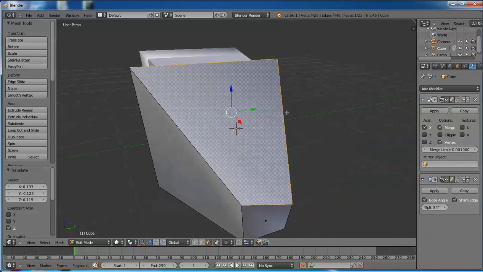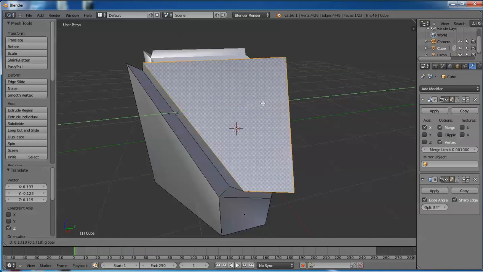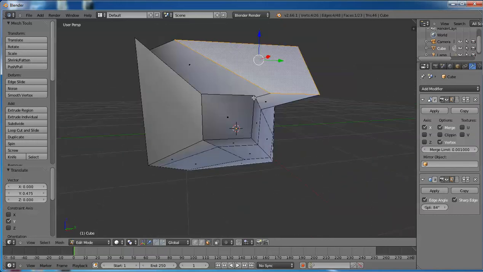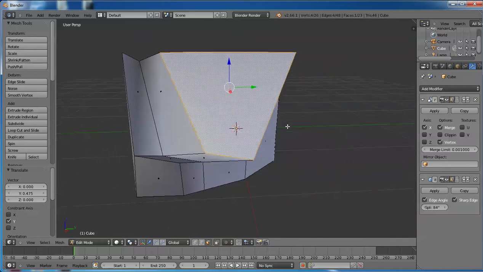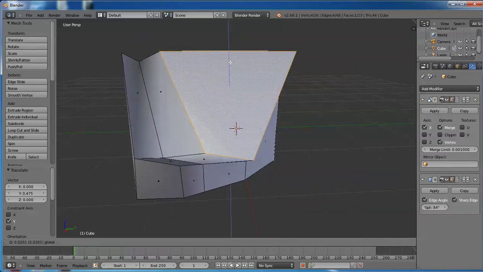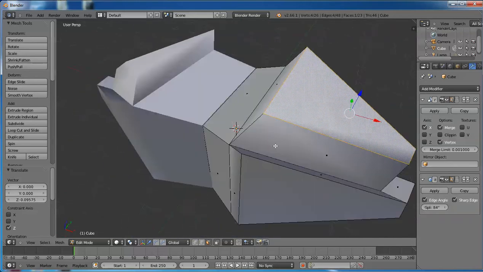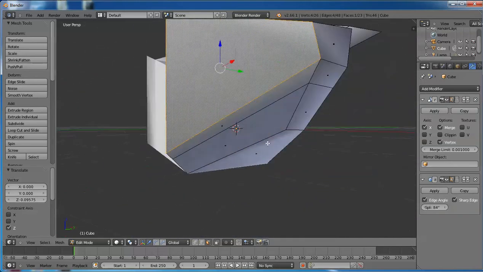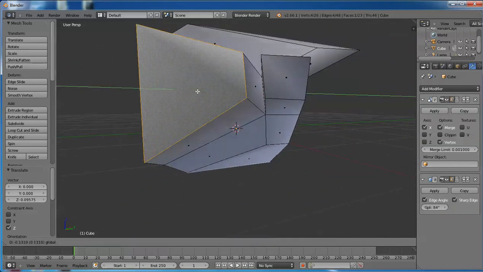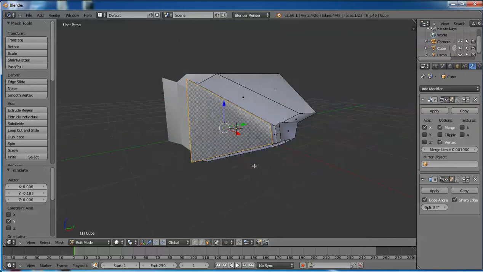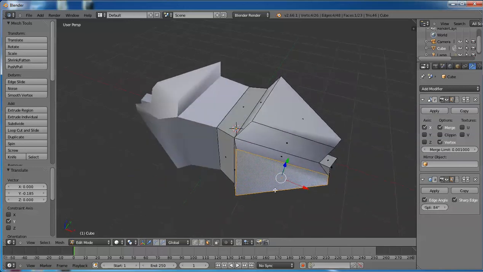If I now take one of these faces, having extruded them individually, you now see there's more geometry created in between the faces that were extruded, as well as on the outer perimeter of the area that was extruded. And that's true for all of them. So you've got more faces in there, no holes. Alright, so you can do a lot of different things with edge split, extrude, and just your normal tools of translate,